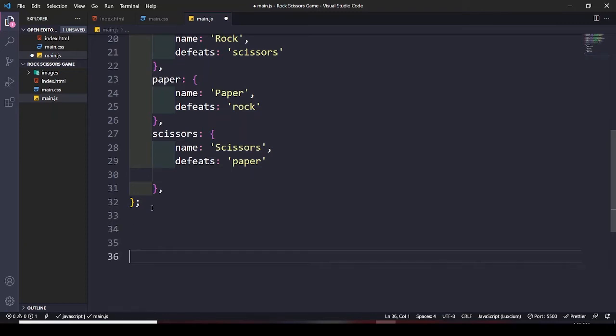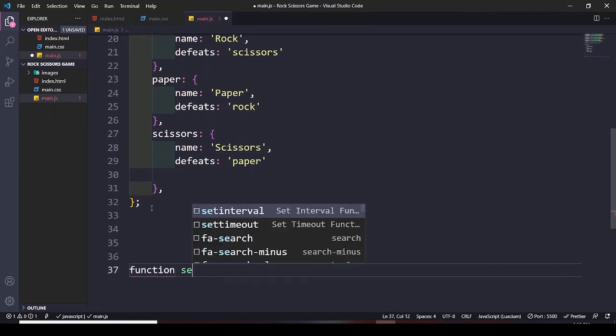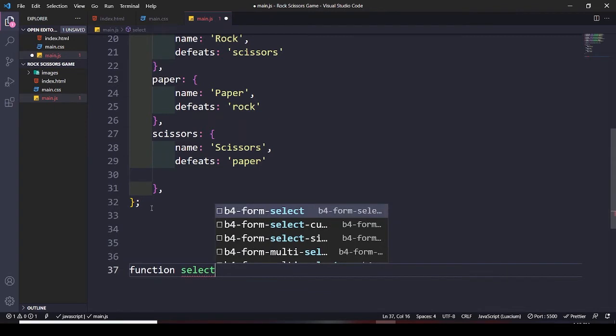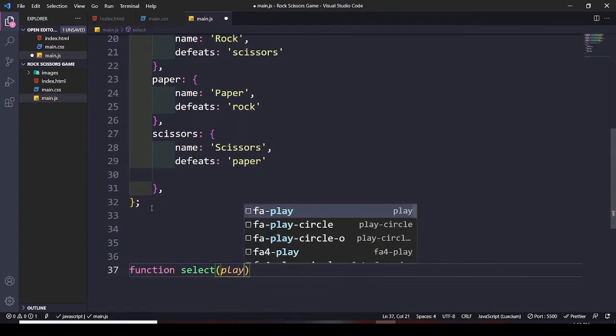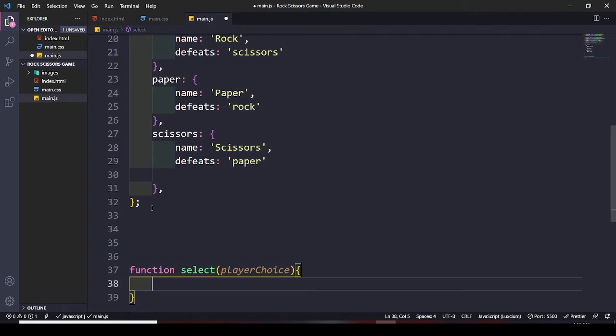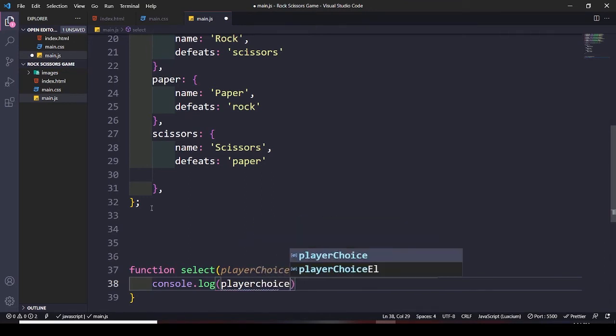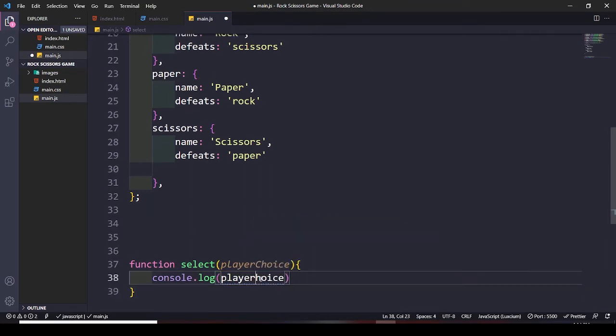Okay, so for this, let me have a function. This function is gonna be select player choice, and then what we have to do is console.log, and let's say player choice. Okay, console.log and player choice. Fine, save it,